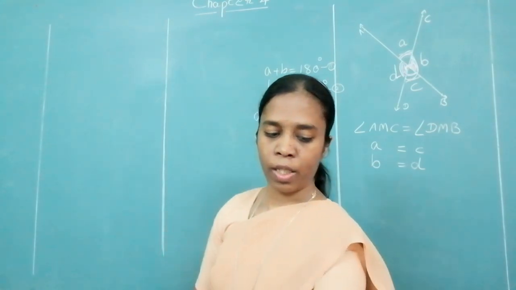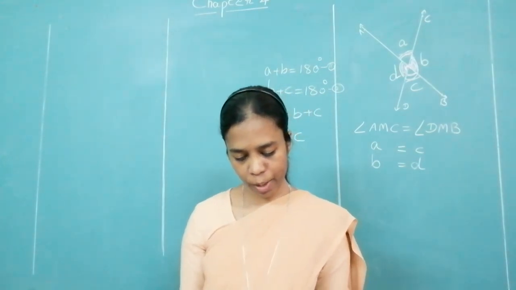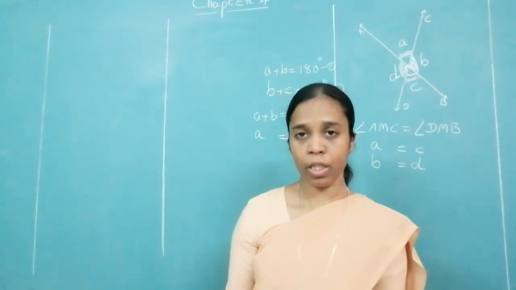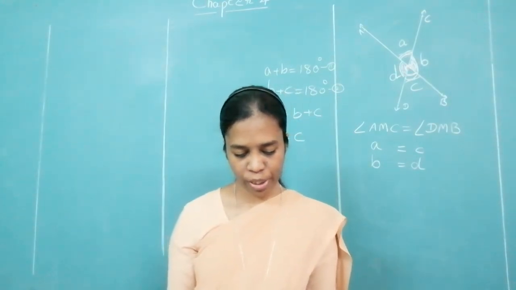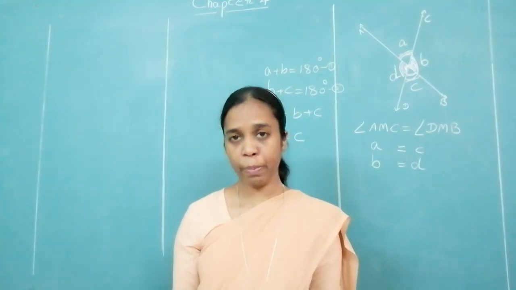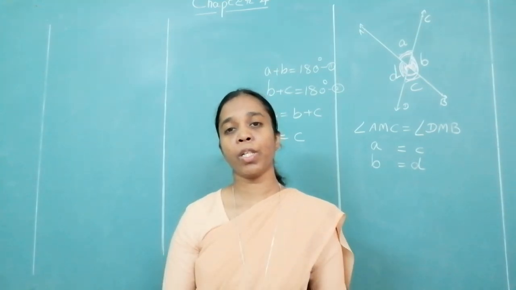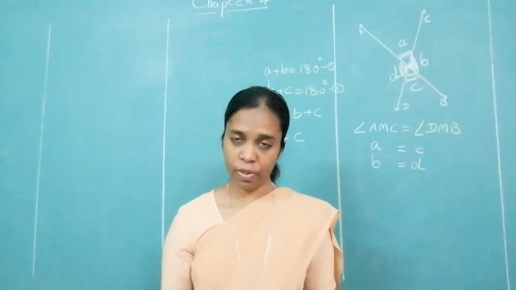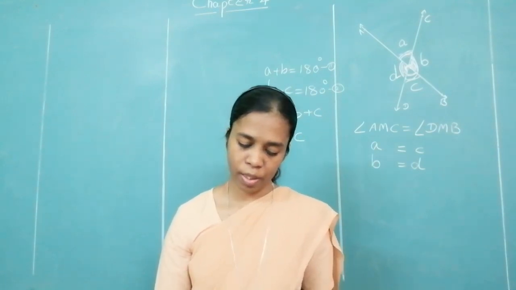The first question over there. Lines AC and BD intersect at point P. The measure of angle APD is already mentioned in your diagram: 47 degrees. Find the measures of APB, BPC, CPD. Look at BPC. You have two lines intersecting. So what type of angles are you getting over there? Vertically opposite angles. So if one is 47, the opposite angle also will be 47 degrees. So you can directly write over there.